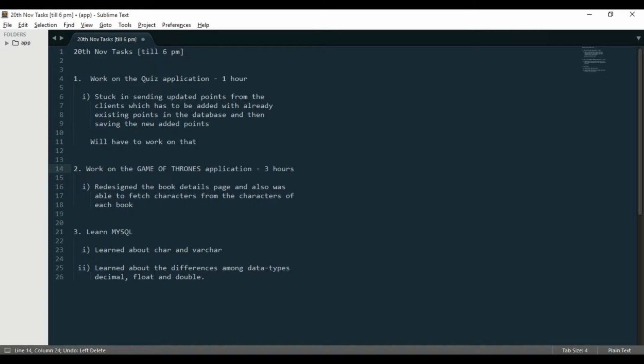But then today I faced another issue and I had to stop, and the issue is I'm stuck in sending updated points from the clients, which have to be added with already existing points in the database, and then the new added points have to be saved. So